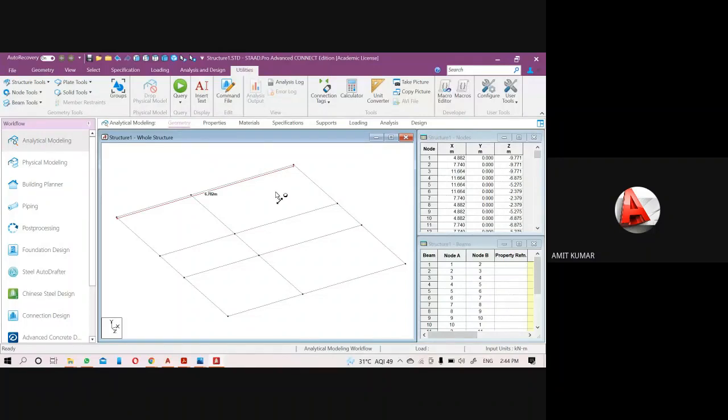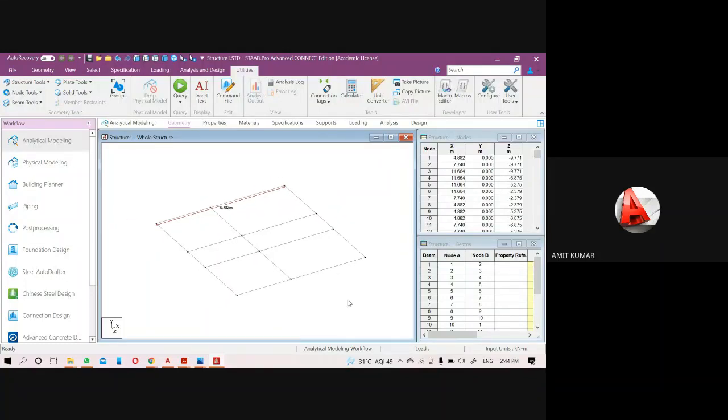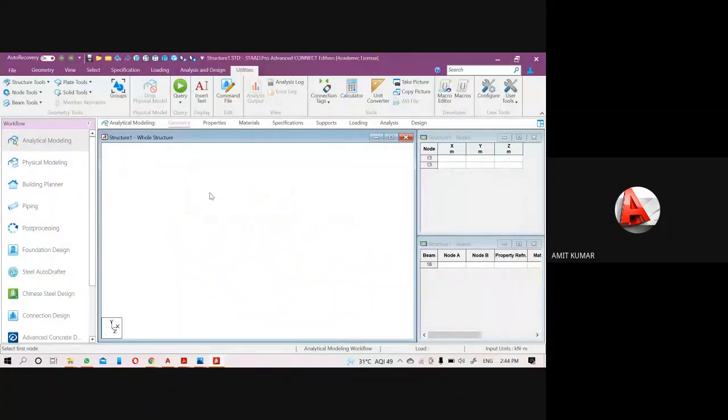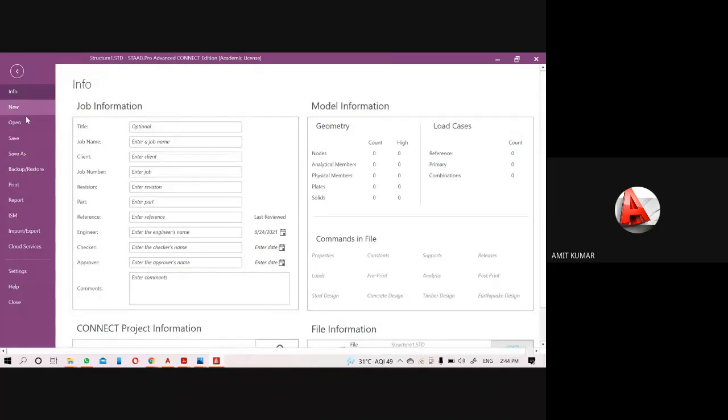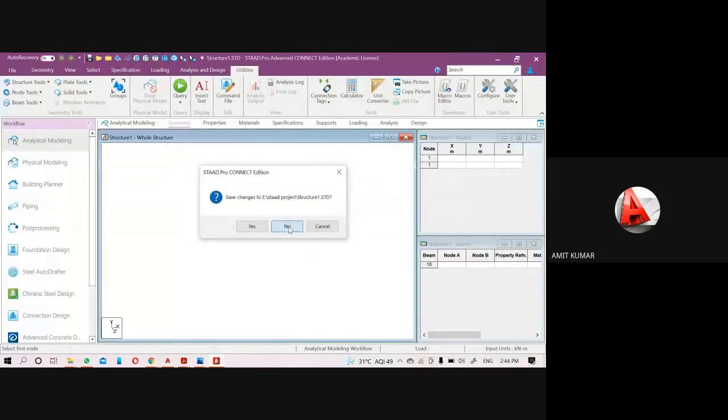So it is very important to select the input unit, because if you pick the wrong unit, then the dimensions of the beam can be changed. Like if the DXF format was in inch, but you forget to convert it, just wait. I'm going to import it again in DXF format.